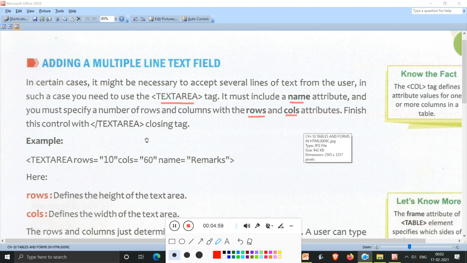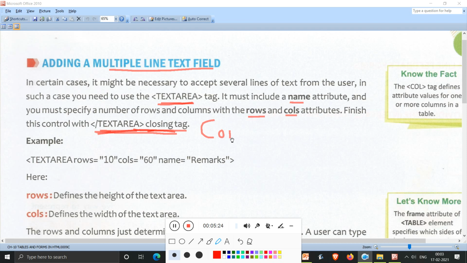Now, finish this control, that means this multiple line text field control, with the textarea closing tag. We have to finish our multiple line text field with this closing tag. Why? Because the textarea tag is a container tag.